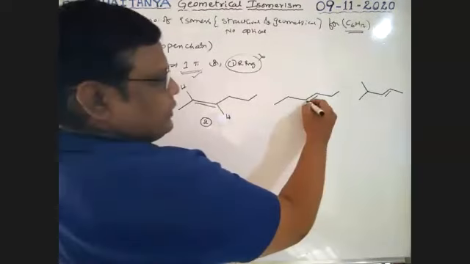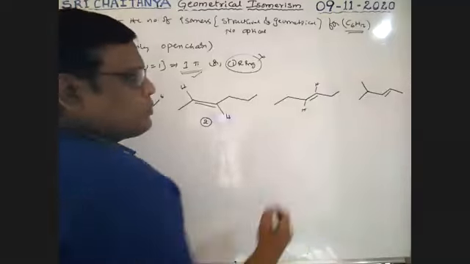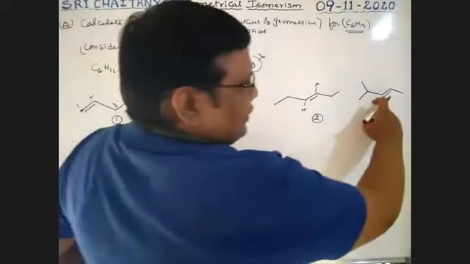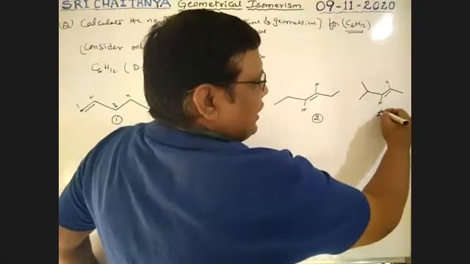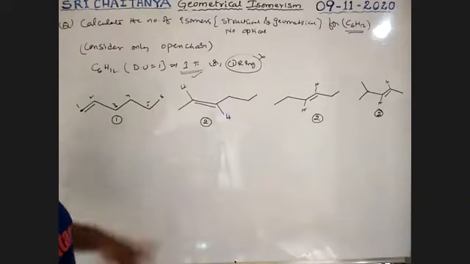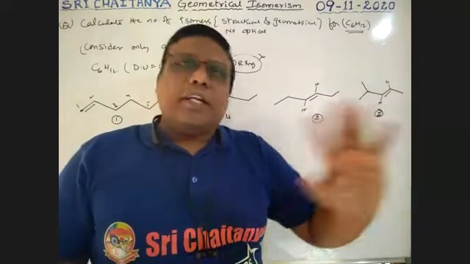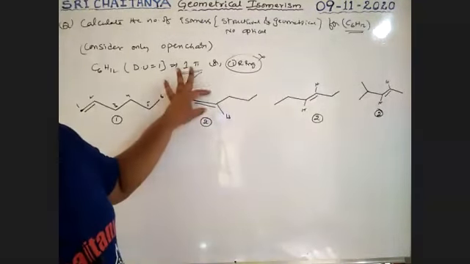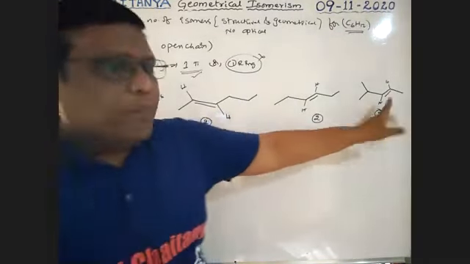Here also, this is hydrogen, this is hydrogen, that is the trans condition, and cis is also possible. Here also 2 isomers are possible, both cis and trans. Next, here also cis-trans isomerism exists. So these are chain or position isomers, that is structural isomers, and cis-trans also exists. That means each of these three compounds gives 2 structures.